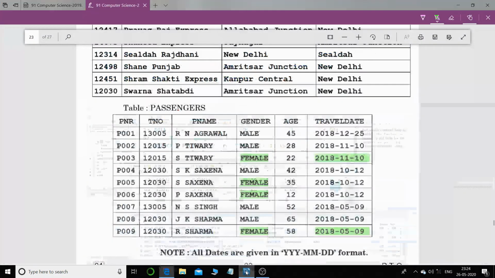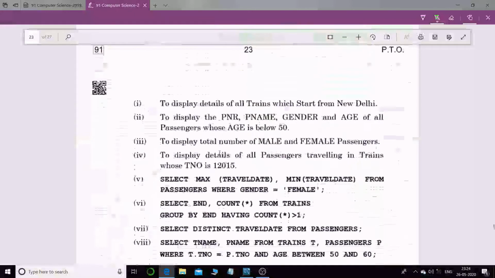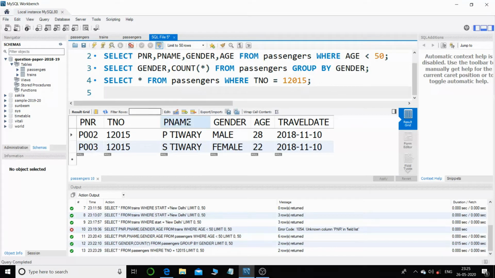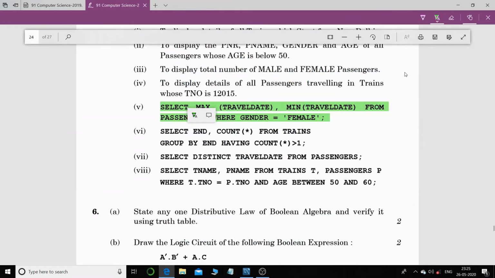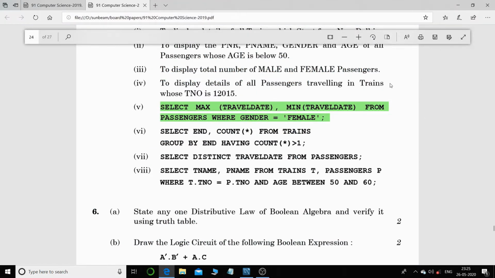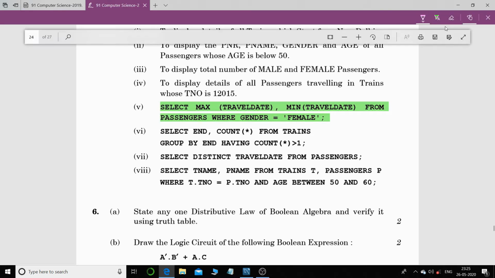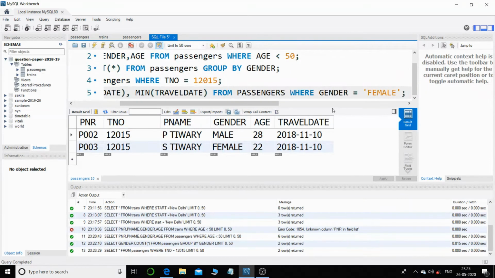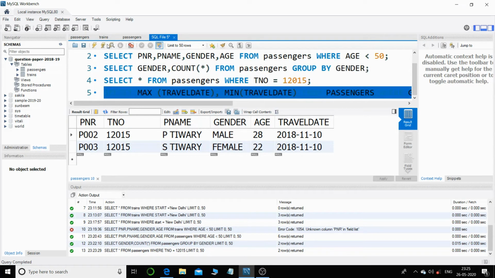I will simply copy this and paste it and run the query. So according to me, that is max and min, and those were the values. You have to just write those values. So let us run this query and see the output. Okay, I'll just copy this. So now I will just select this and paste it, and we will see the output for this. Let us run this,